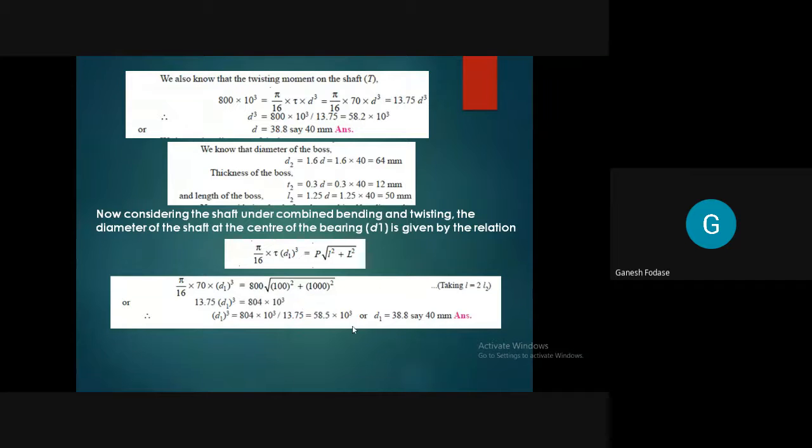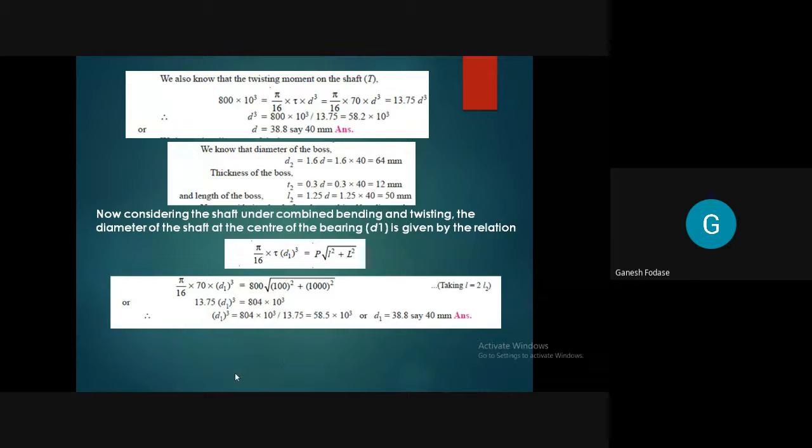Okay, so I hope you got this value, all up to D1. Is it clear up to here? Clear idea about what you are finding up here? You find the diameter of the shaft in two regions, one is D and the other is D1. And you know the reason of failure will be different: one is combined twisting and bending moment, the other is only twisting moment. And then we find the dimensions of the boss based on some standard values. That is what we have completed up till now.